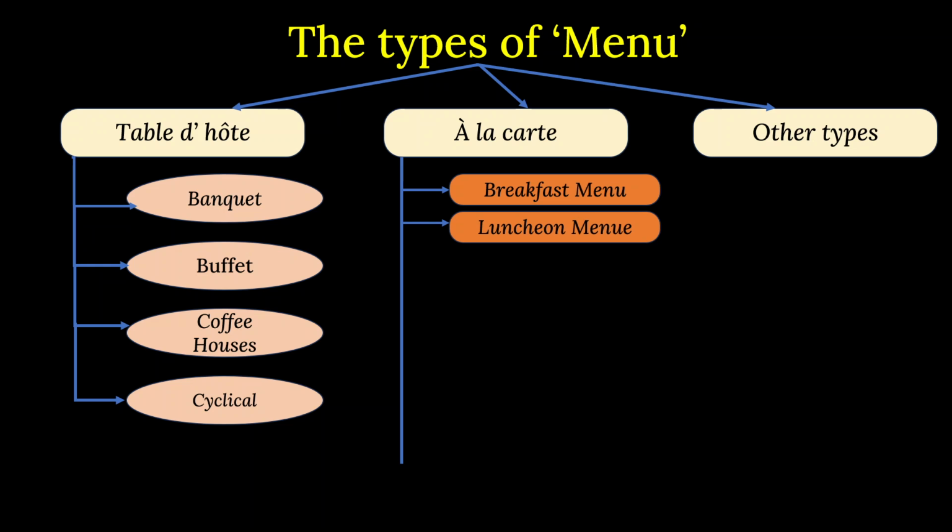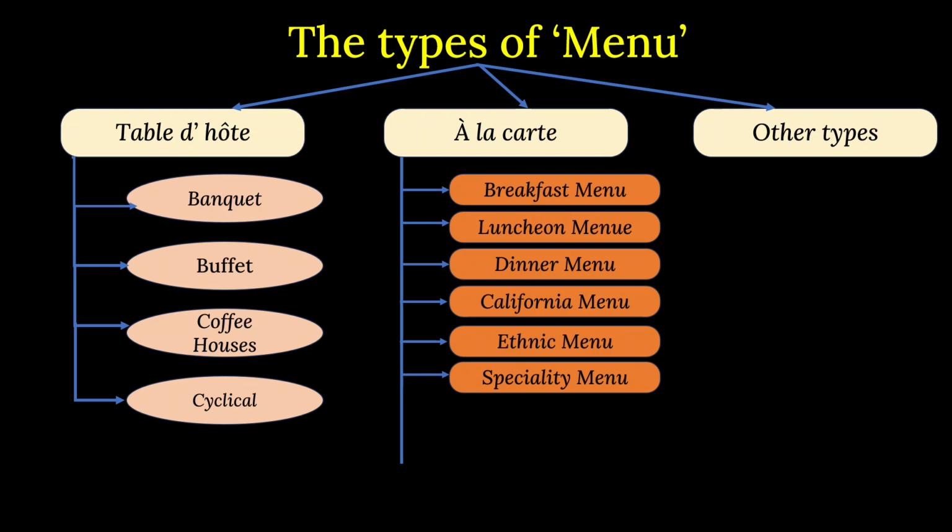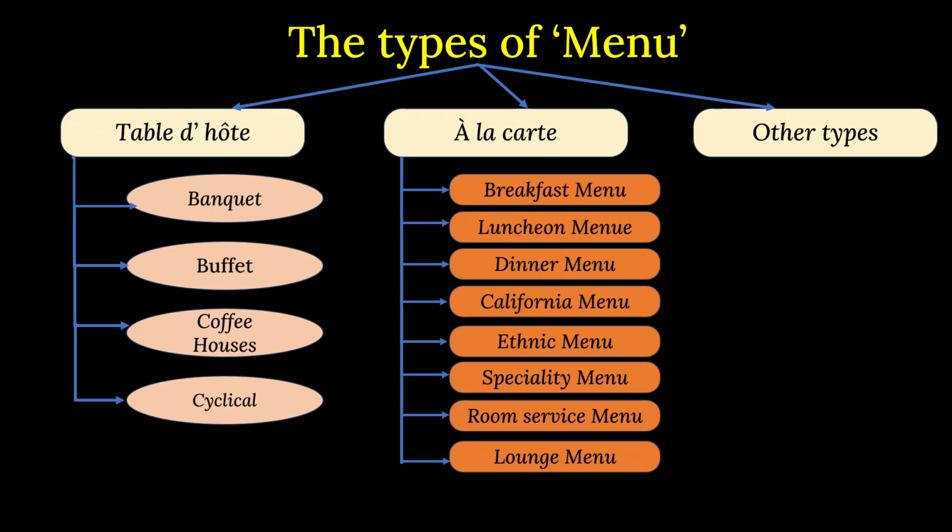Breakfast menu, luncheon menu, dinner menu, California menu, ethnic menu, specialty menu, room service menu, and lounge menu. So these are the subgroups under a la carte, and other types,